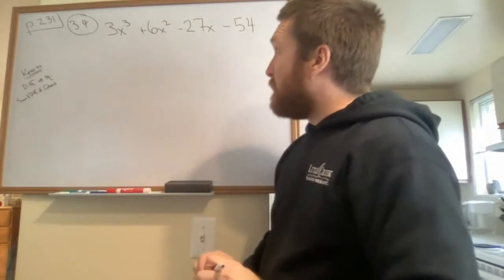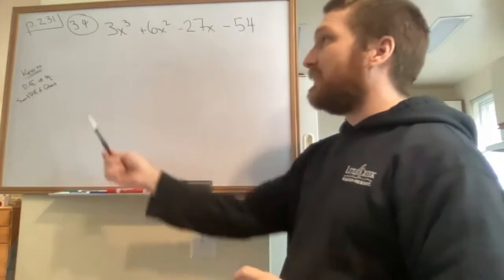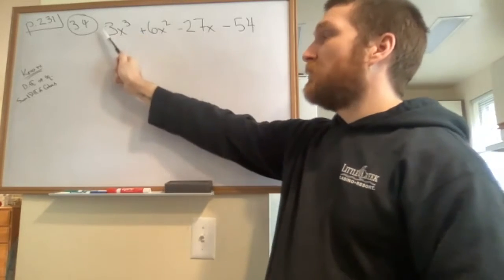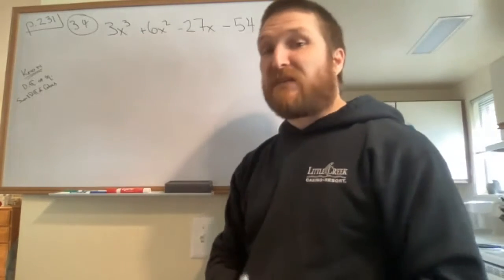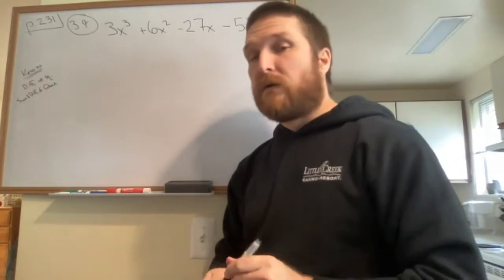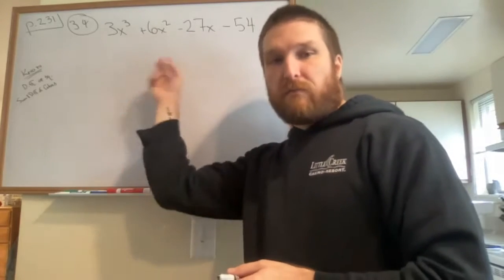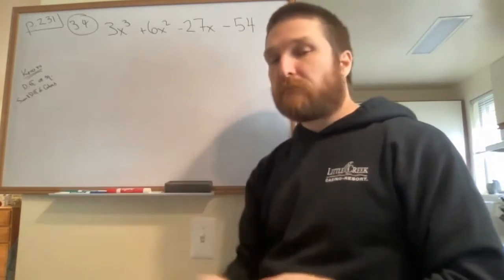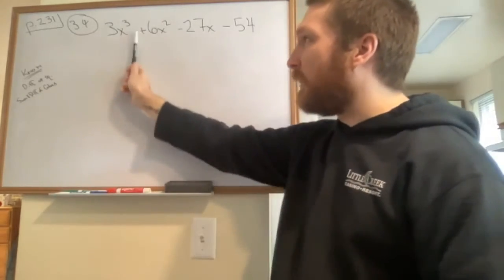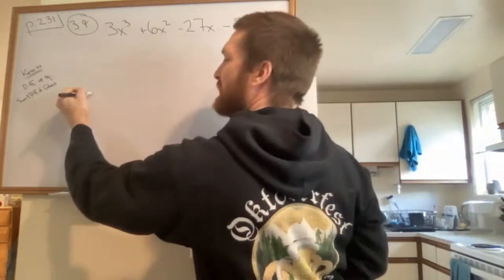Well, first thing I notice is this is not a quadratic. In fact, this has an odd power in it. So I'm thinking I'm going to have to factor this by grouping. In fact, that's the only way I know how to factor something with an x cubed term. So anytime I see an odd power that's not a sum or difference of cubes. So for instance,